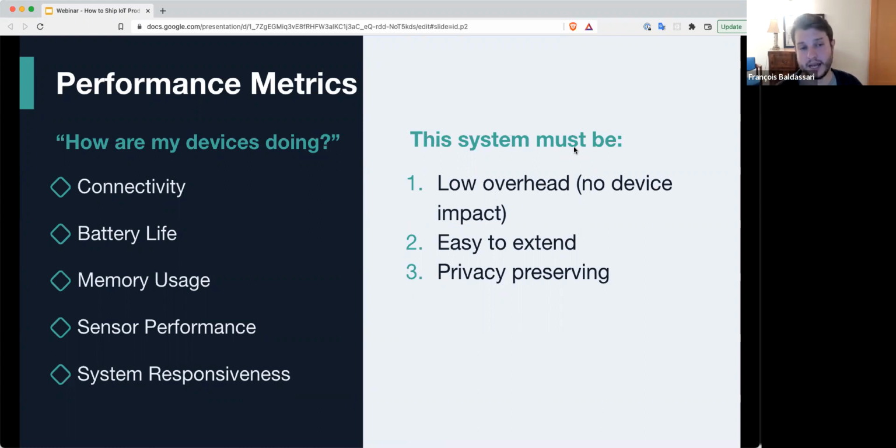And we find that the 5 things on the embedded software that we care about the most are, number 1, connectivity. It's where there's the most problems, your LTE, your Bluetooth, your Wi-Fi connectivity. Number 2 is battery life when applicable, memory usage, sensor performance, system responsiveness. The system that collects those metrics needs to have 3 essential characteristics. It needs to be low overhead. You don't want it to impact the performance of your device. It's a little bit of